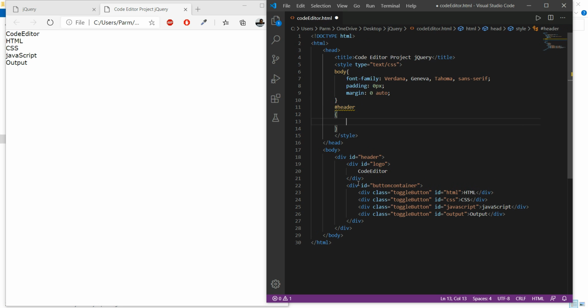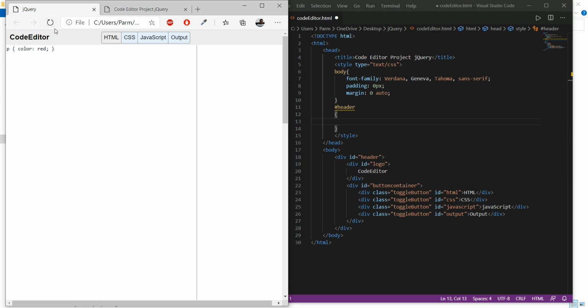Header is our ID, this ID. So in our header, if we see over there, we need to have a background color of this. So what is the code of this background color? We can get the code from here.